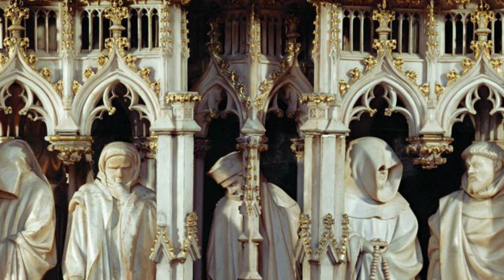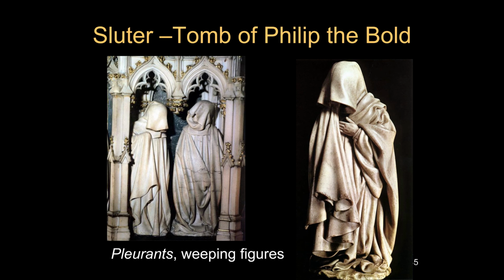And just these small little figures, but they're, as I said, alabaster. And he uses all sorts of different poses to show the different types of sorrow, the different draperies, folds. And as you can see, some of the monks have their cowls and their hoods pulled up, so their faces are shaded, giving you a sense of the mourning figures. These are called pleurants, and they are the weeping figures, the figures who weep. And some of them you don't see the face at all, but you still have that sensation of the emotion.